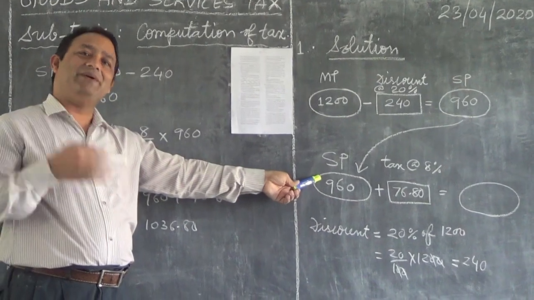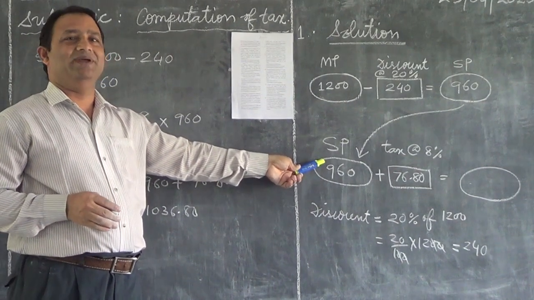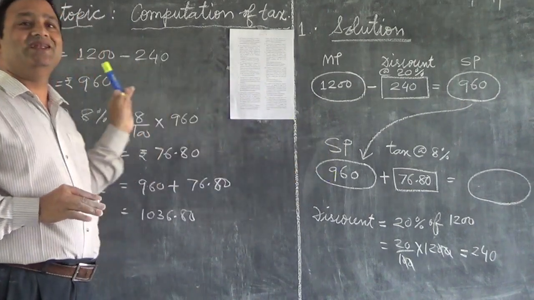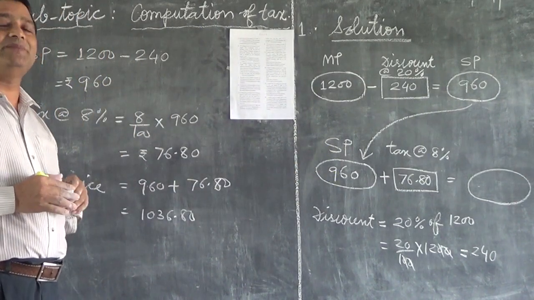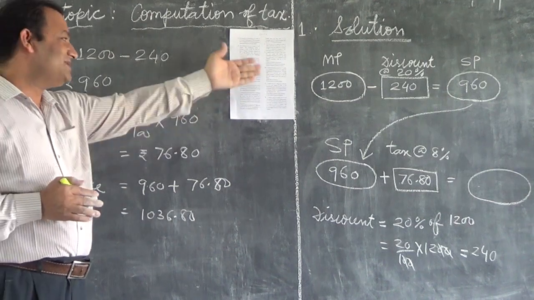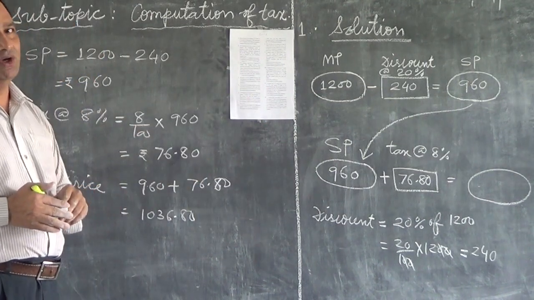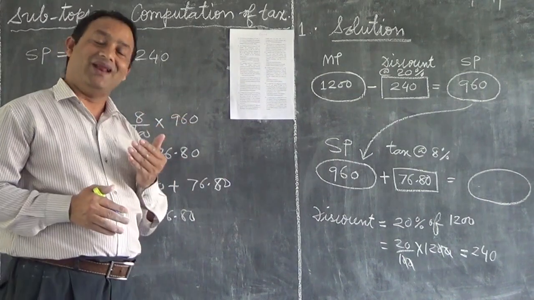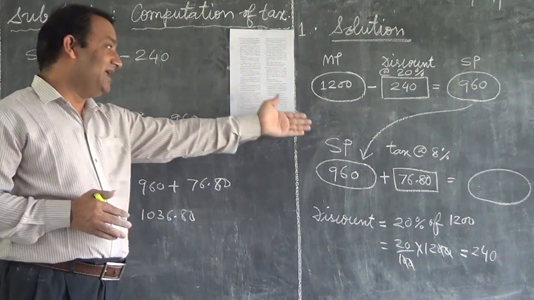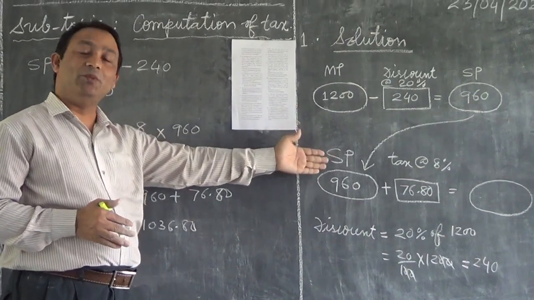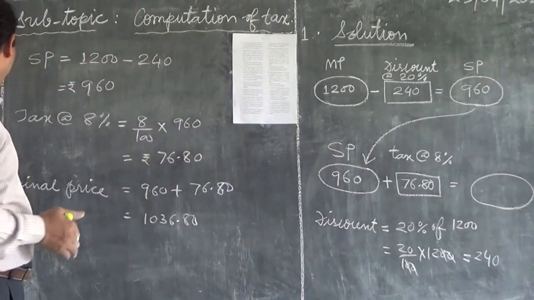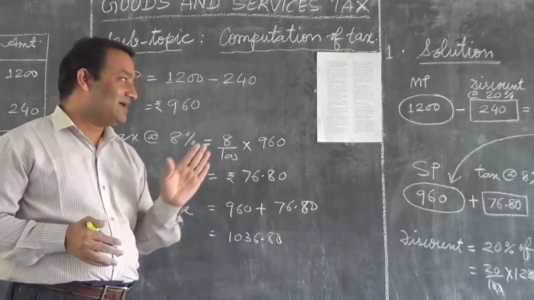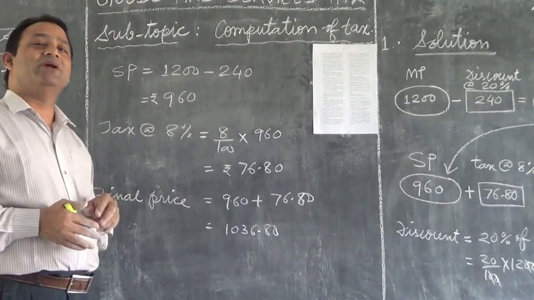But in case you don't have any difficulty in understanding the problem, if you have understood the problem even without a model, then it is better you go for the tabular presentation. Otherwise, you can follow this modeling method also. It depends upon your capacity and your liking. If you like the modeling method, go for this. If you like this tabular method, go for this. Whatever you feel comfortable with, go for that method.